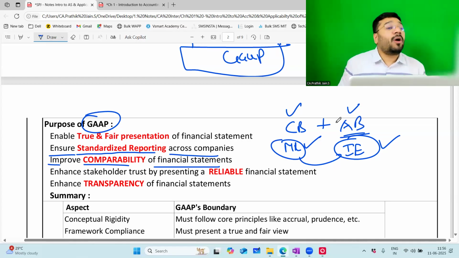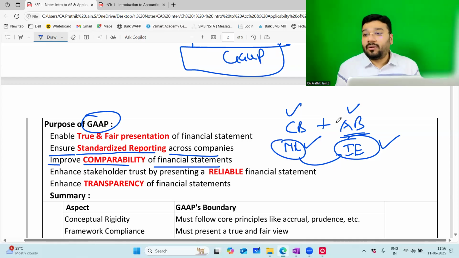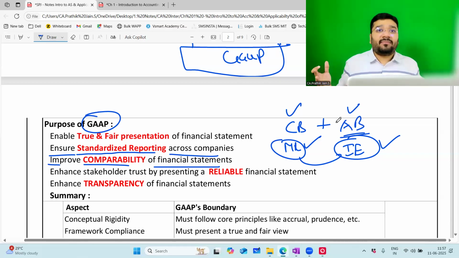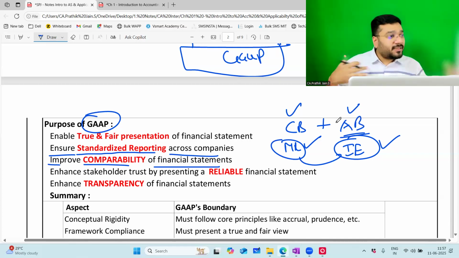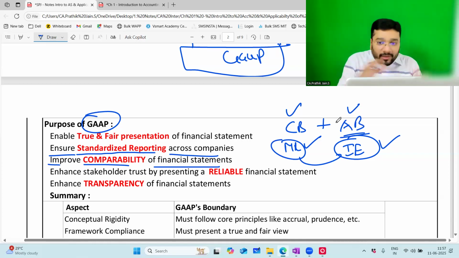Not just that, you compare your data with that of competitors' data. My turnover 10 crore, my competitors' turnover 15 crores. Everything is the same, yet there's a difference of 5 crore rupees. Why? I will sit and analyze. Based on this analysis, I'll get to know these are the loopholes in my business. Accordingly, I'll tap those loopholes. So all this is possible only when you have a financial statement to compare.